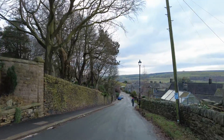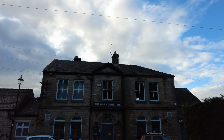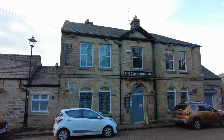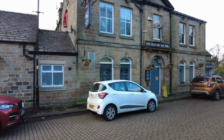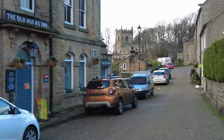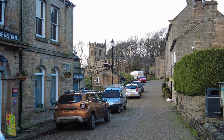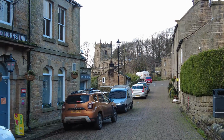which is in front of us, the beautiful village of High Bradfield. This is the old Horns pub, dates back to God knows when, but it's one of my favourites. It's a real success story, this pub, because of its food, its meals that it does, and obviously its view at the back, looking out over the valley and the dams, and the church there, the Bradfield Church, which is very popular with weddings, and you would have to book that way in advance to get anything there, but it's understandable because it is a fabulous place, fabulous view, and you're going to get some really good photos